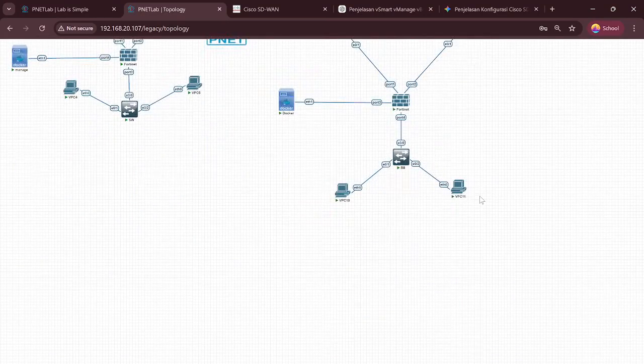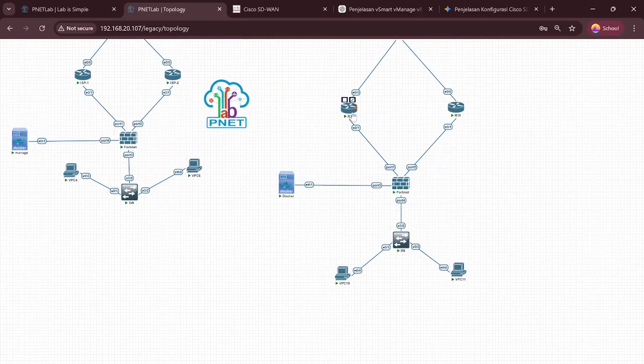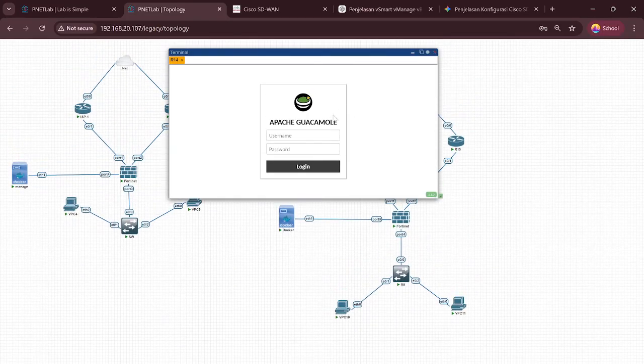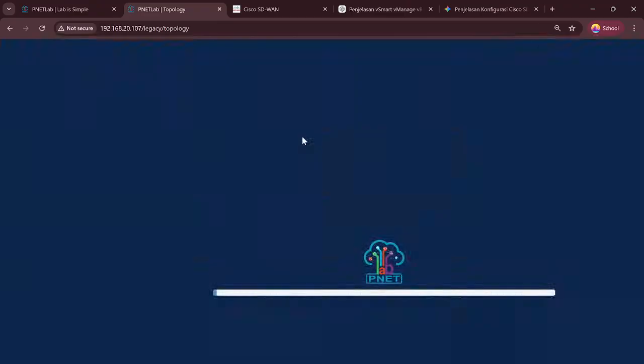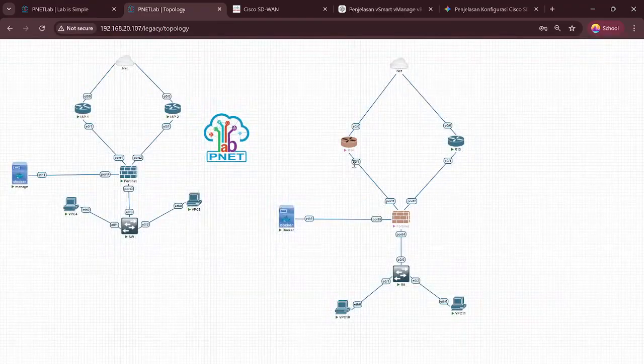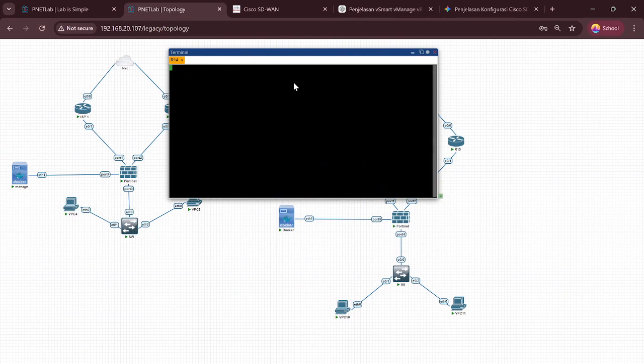Okay, now to ISP1. Okay, configure terminal.